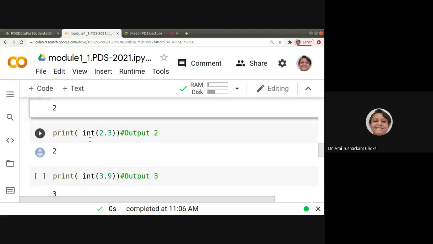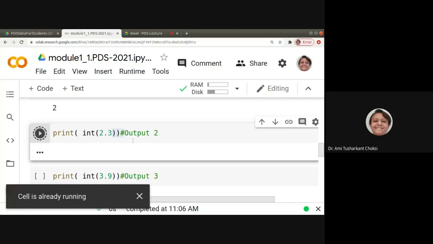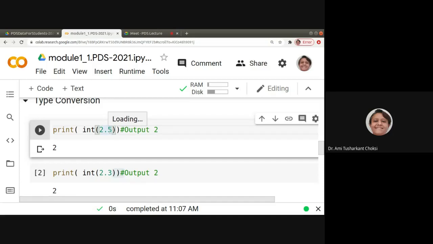Okay. So in the same way, if you want to try integer of 2.3, that will give us the output 2. You may ask, ma'am, why are you showing it this way? Here 2.5, so we can understand it. See, what I want to show is, suppose I use 2.7. What we are getting is the integer part of it. You may have an idea in your mind that we'll get the floor value of it, or the upper value of it, right? That is not the case here.